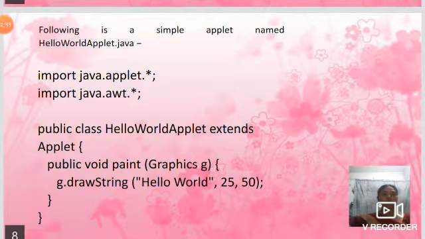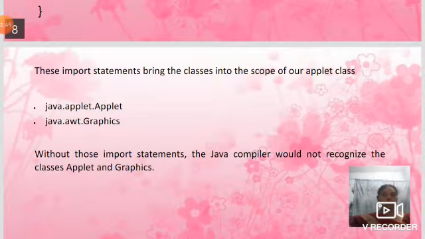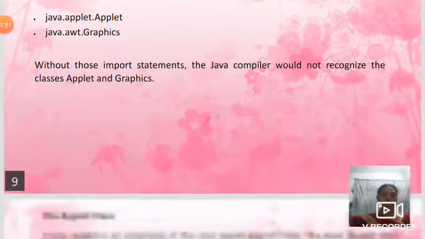Here we have the class Graphics and g is the object. Using the object we call drawString. So Hello World is printed at the coordinate values 25 and 50, which are the x and y coordinate values. These two are the important statements. Without these statements we cannot compile this applet program.